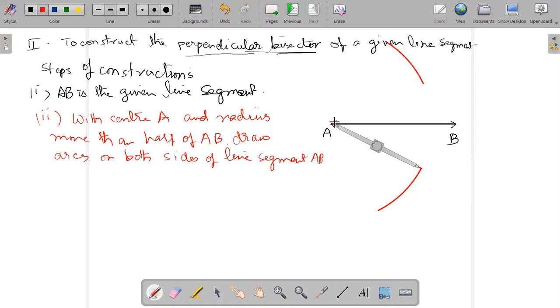We have done this with center A. Both sides means above the line and below the line. Okay. Now